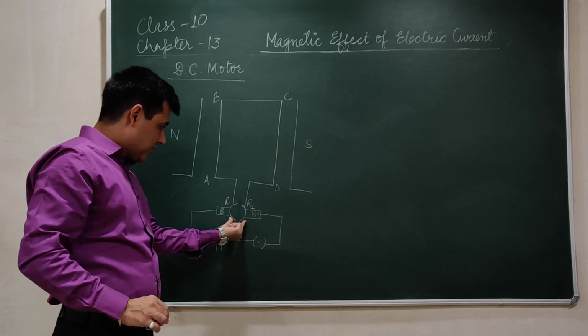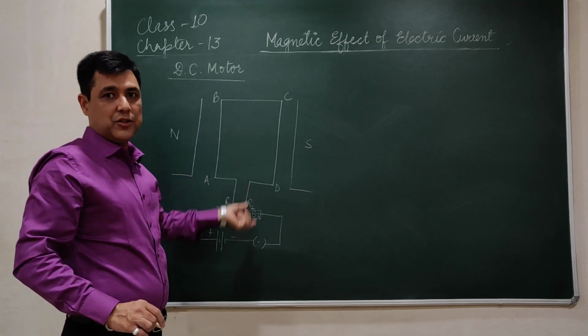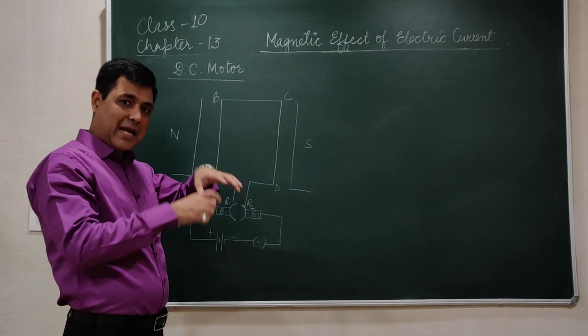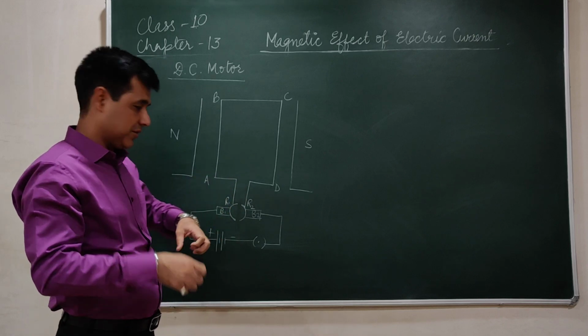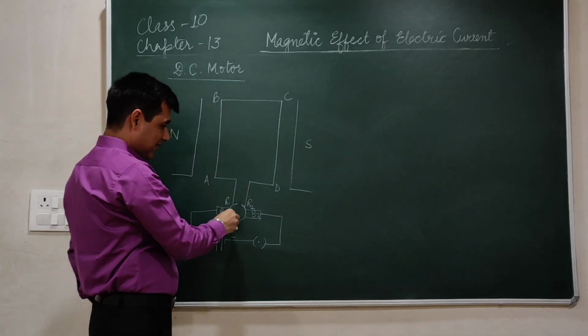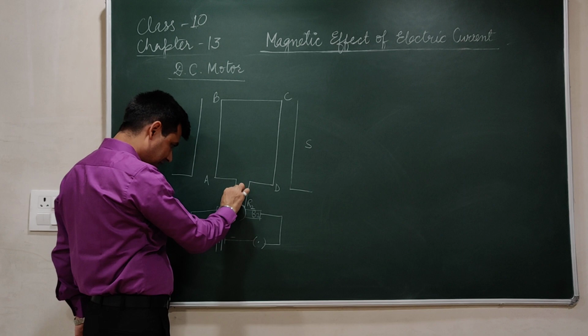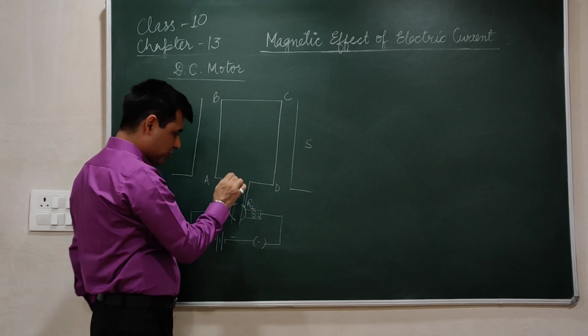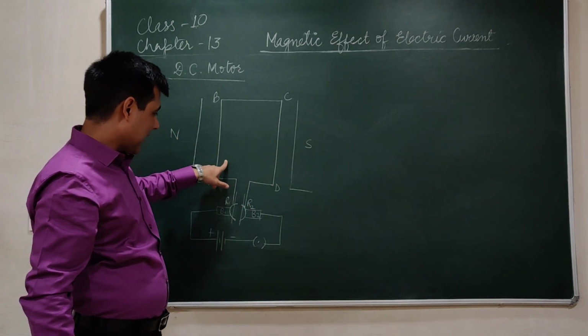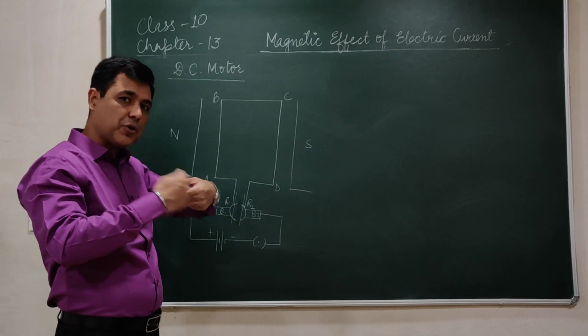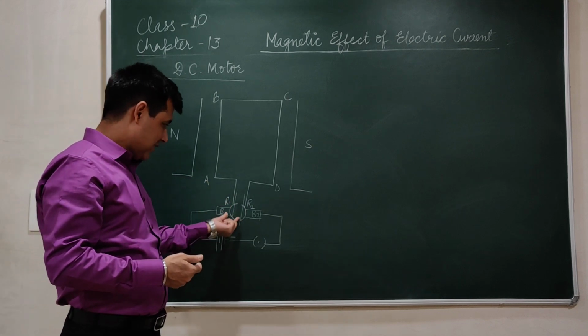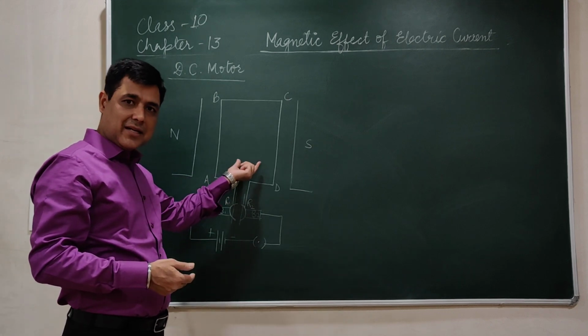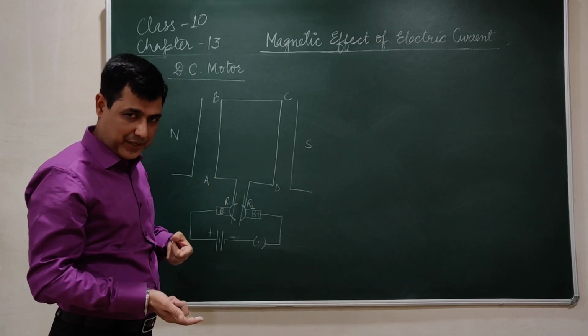Now this split ring and the armature coil together are connected with an axle which is mounted into the motor. So they are connected with an axle, a rod. I just make a symbolic diagram of it. So this is a rod which connects split ring and armature coil. So all these three can rotate together. The axle, the split ring and the armature coil. These three can rotate together.